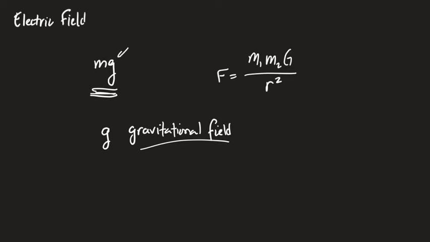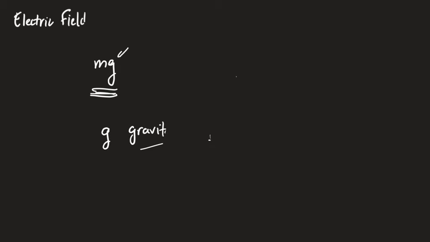albeit not as convenient. Part of the reason why the gravitational field was convenient to use is because g ended up being an acceleration. That was convenient. And so we called it the acceleration of gravity. But what we were actually doing all the time was recognizing that the force of gravity might be different for different objects, but they all behaved the same way near the surface of the Earth. We're going to turn that idea slightly backwards by defining the electric field.